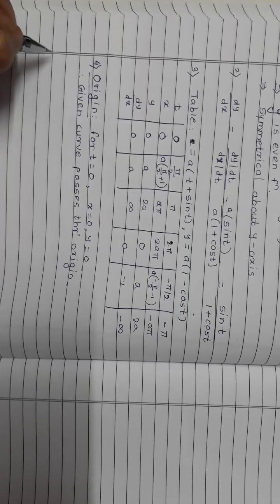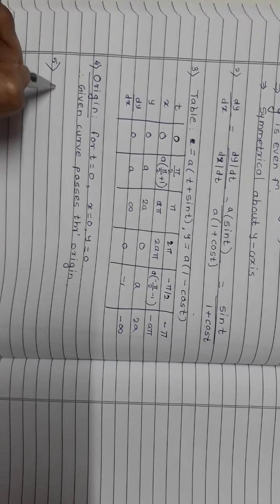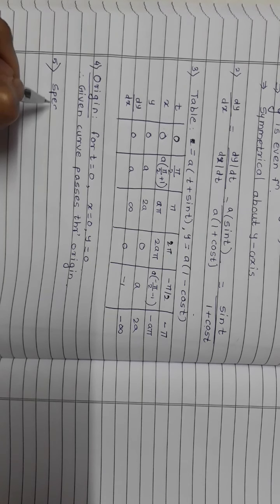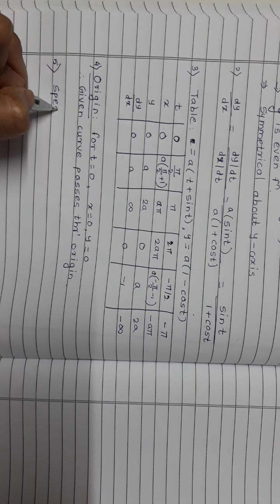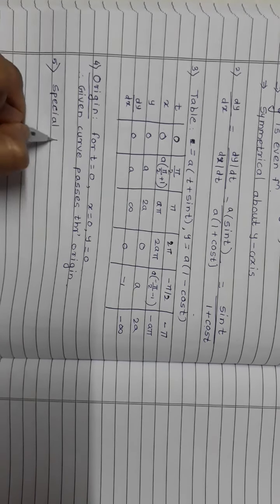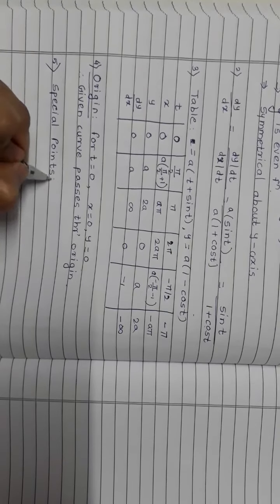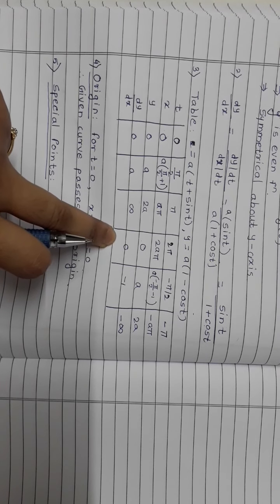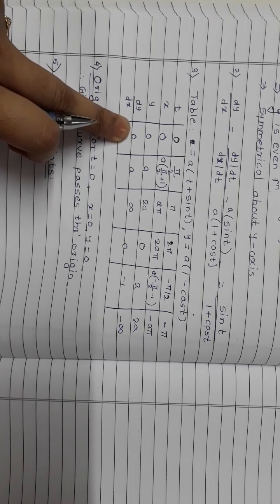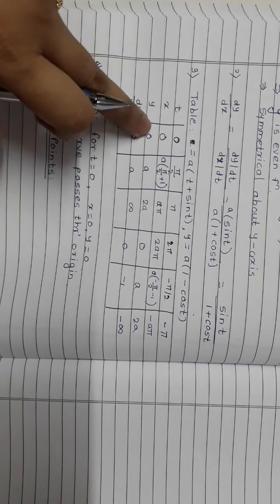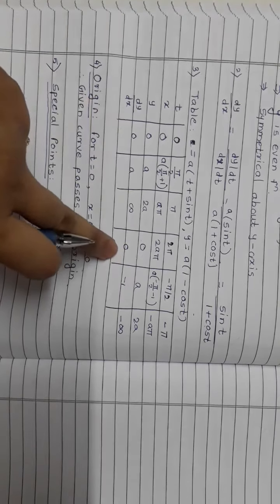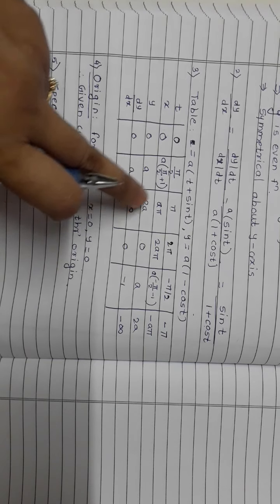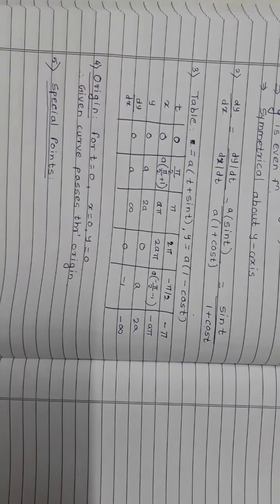Okay, once it passes through the origin, the next point I am going to figure out is what happens with the tangent at some other points. So note that dy by dx is 0 here and 0 here. So it indicates that at the point 0 comma 0 the tangent is parallel to the x-axis. Similarly this is 0 here, that means the tangent is parallel to the x-axis. Here it is infinity, that means the tangent is parallel to the y-axis, right?